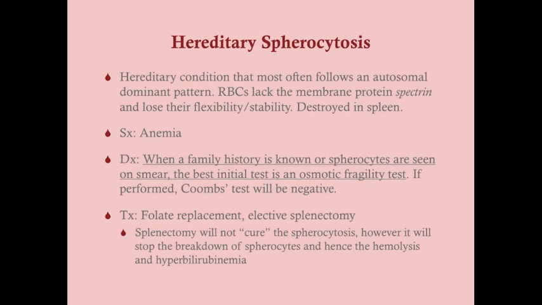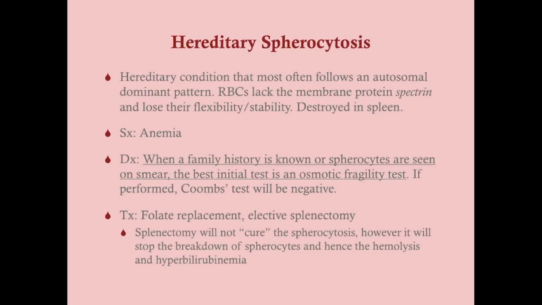So the treatment here is going to be folate replacement. There's really nothing else we can do for this, because this is a genetic condition. You can remove the spleen, and removing the spleen will cure the hyperbilirubinemia and the hemolysis, but it's not going to actually get rid of the spherocytes in the blood. So you'll still have spherocytes in the blood, but the splenectomy can be useful because you can reduce the breakdown of those spherocytes,